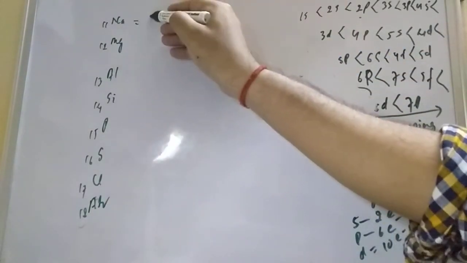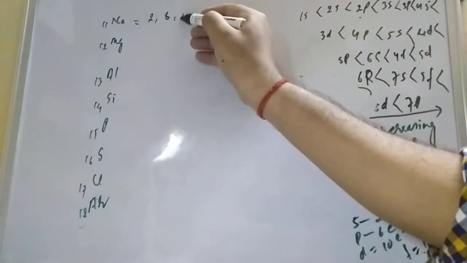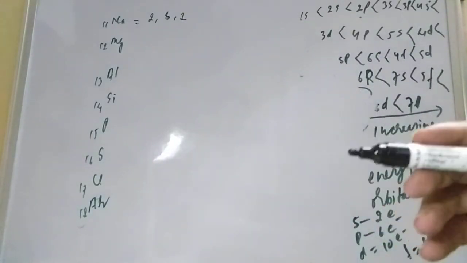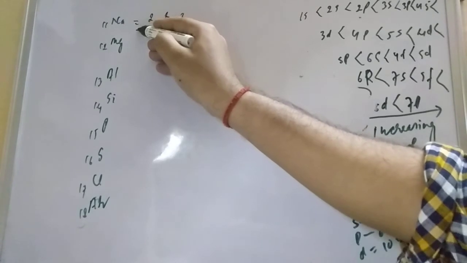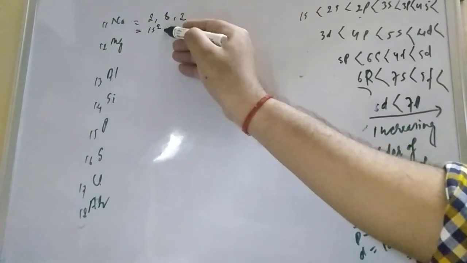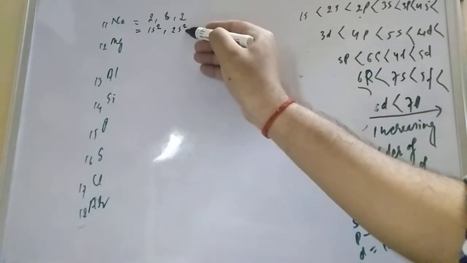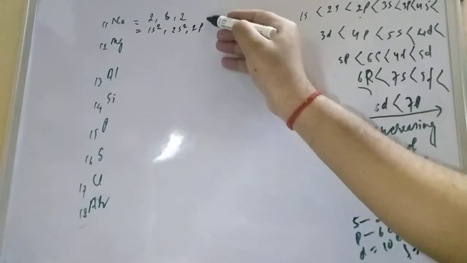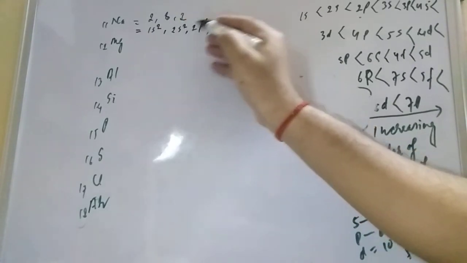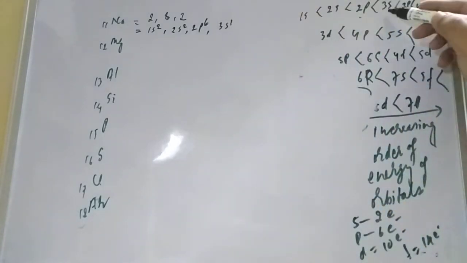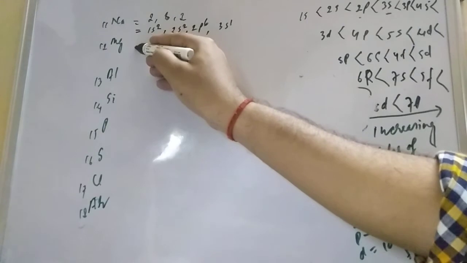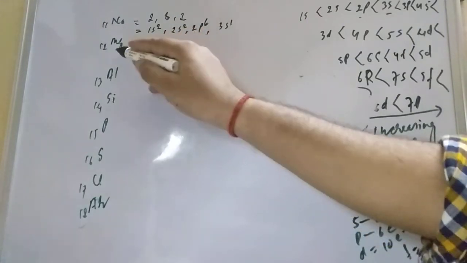So that is, its configuration is 2, 8 and 1. Okay, according to Bohr's atomic model, 2, 8, 1 you can divide. And how to write it in the orbitals, student? This is 1s2, then it will come 2s2, then it will come 2p6. So that is 2p6, 6 electrons, 2, 2, 4, 6, 1 left. So that is what will come, student? 3s1 according to energy level, 3s1. Next one, magnesium, what will come, student? That is 12 electrons are there.